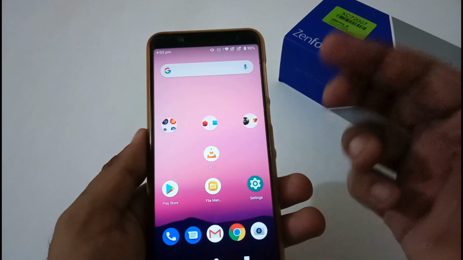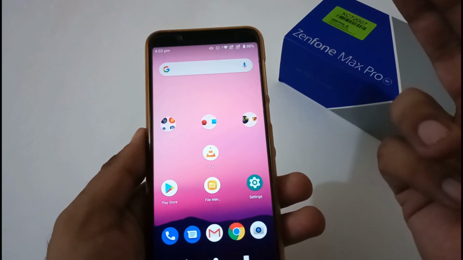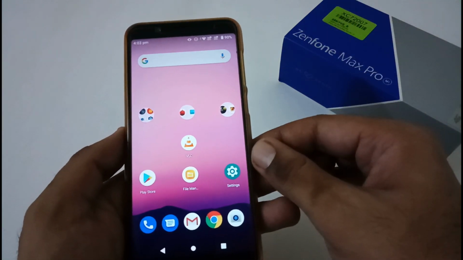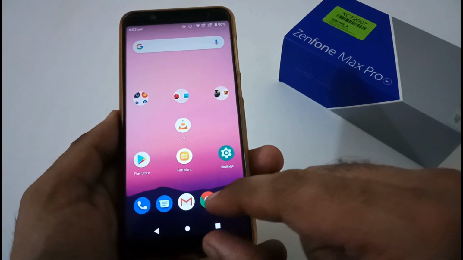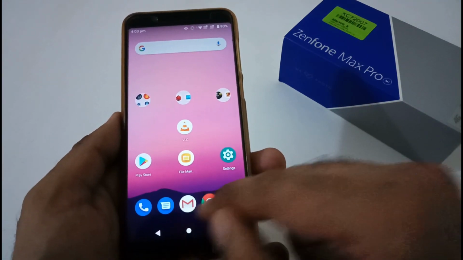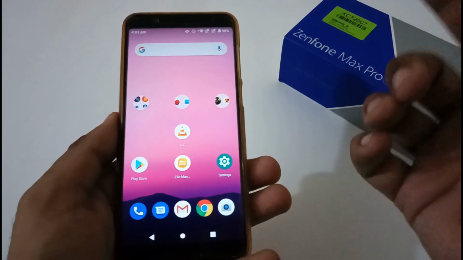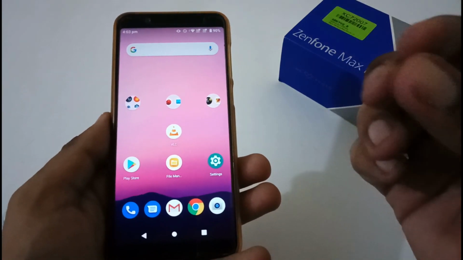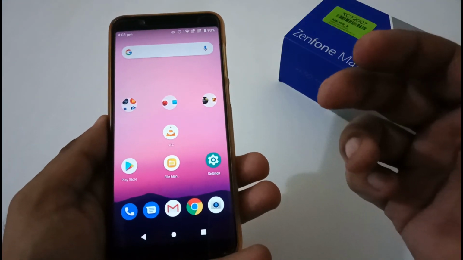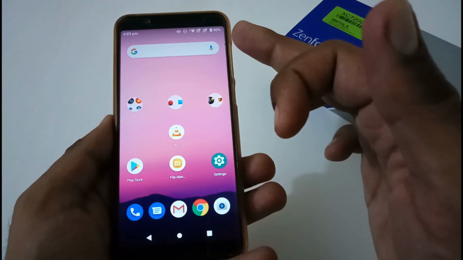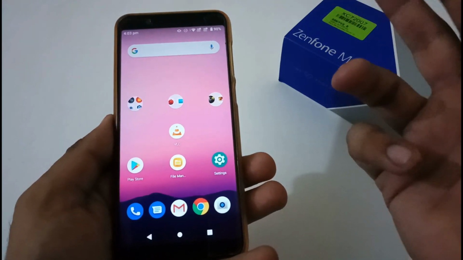Apart from this, the bugs. The Zenfone logo is back during the installation, I would say the booting process. And whenever you use gesture-based navigation, you will see a gap between the navigation bar and this particular area. I'm not sure whether this is purposely done, because if it was a bug, it might have been resolved since this is the fourth beta version. And apart from this, we have already discussed settings, sections and so on.